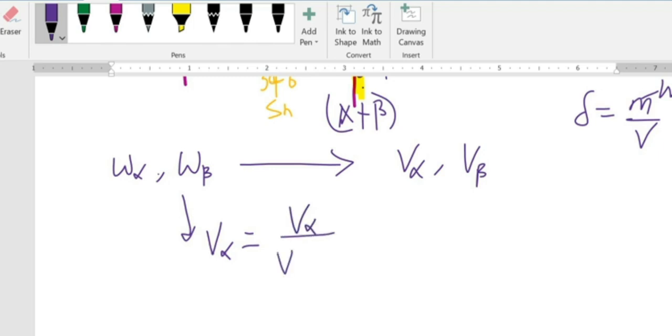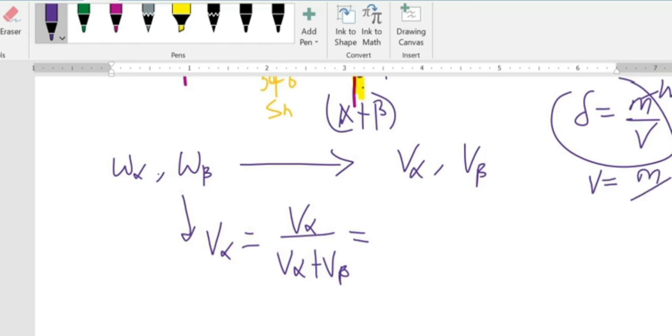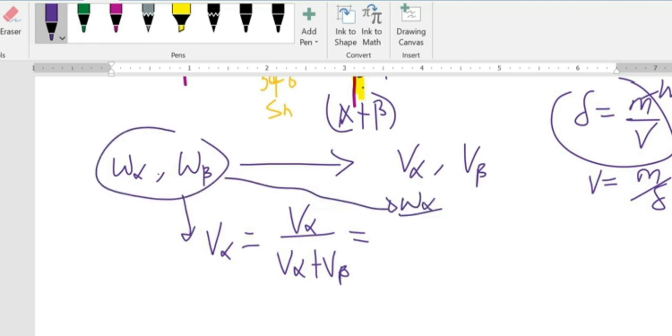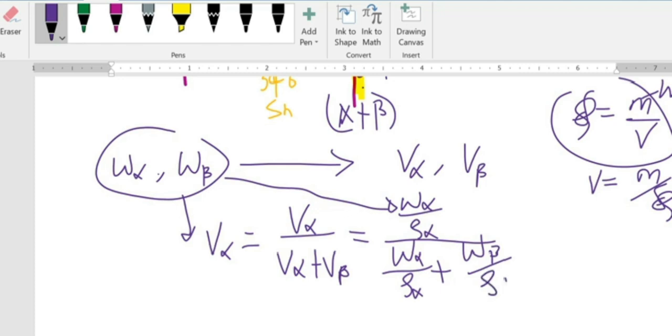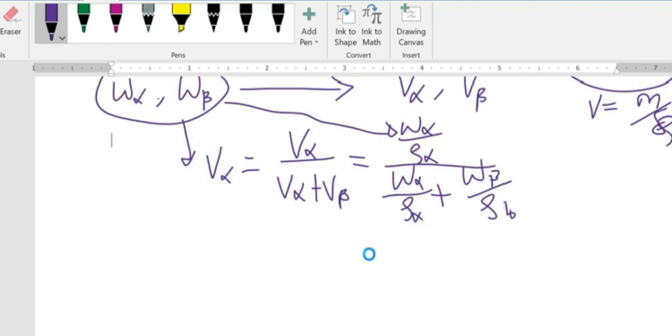The volume of alpha over volume of alpha plus volume of beta. What is volume? Using this equation, volume is equal to mass all over density. So in this case, volume of alpha is equivalent to weight of alpha all over density of alpha, plus VB, which is the same thing as weight of beta all over density of beta. So we substitute our initial answers into this to get volume of